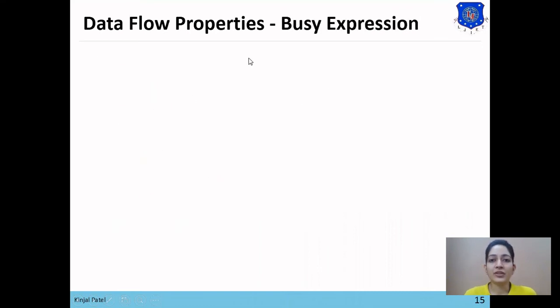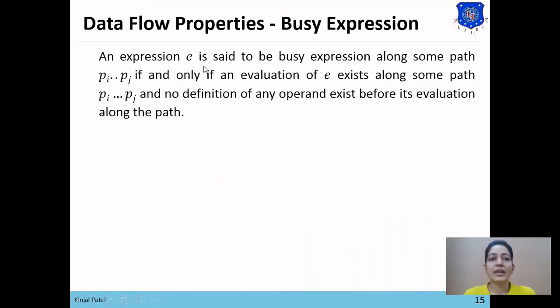Now last property is busy expression. An expression is said to be busy expression along some path Pi to Pj if and only if an evaluation of E exists along some path Pi to Pj and no definition of any operand exists before its evaluation along the path.